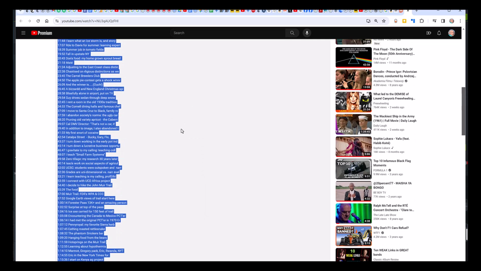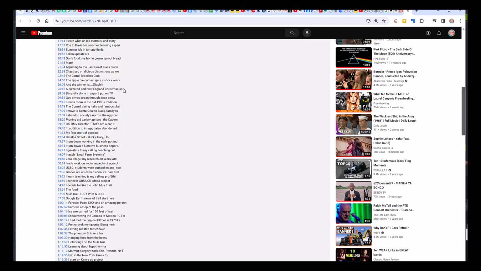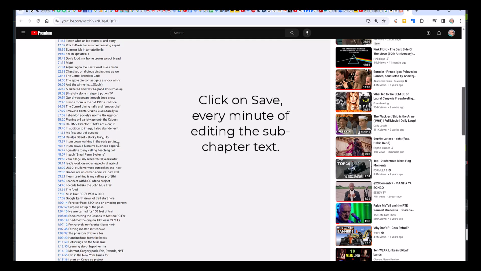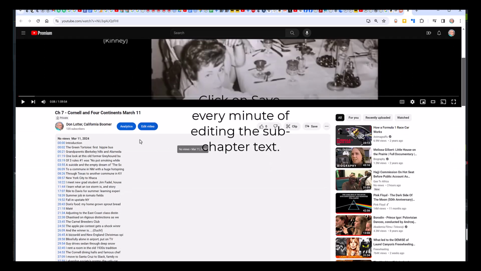But first, I need to lengthen these, make these clear, because this right here is the length, the number of characters that Camtasia allows you to put into those, what they call bookmarks, I guess. And so they're cut short. And so here, YouTube gives you the option to edit.